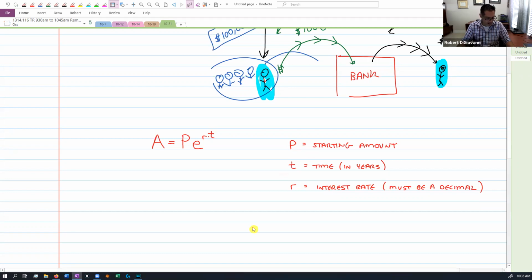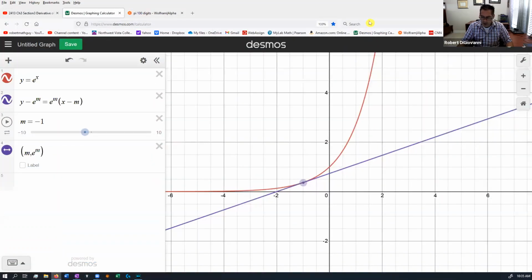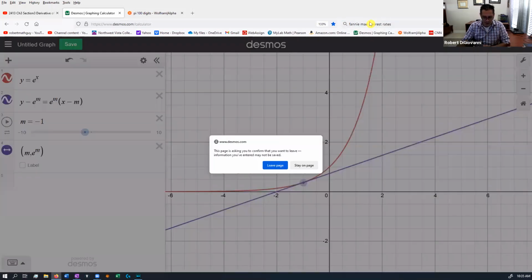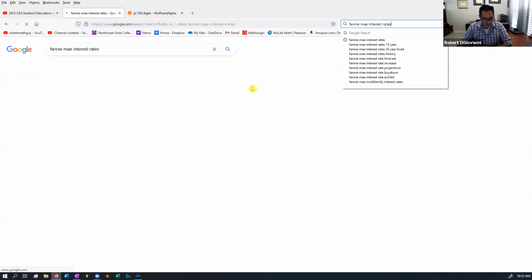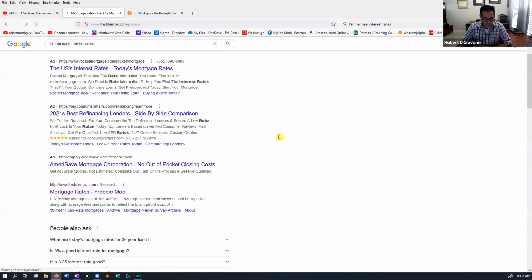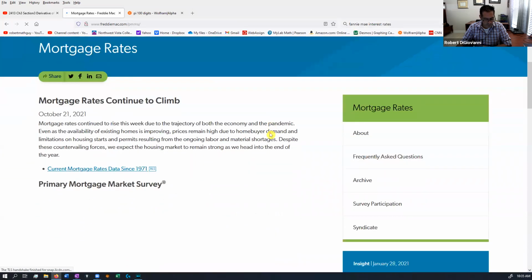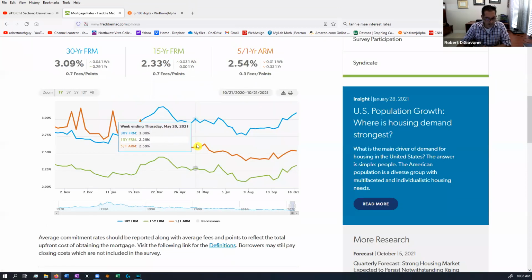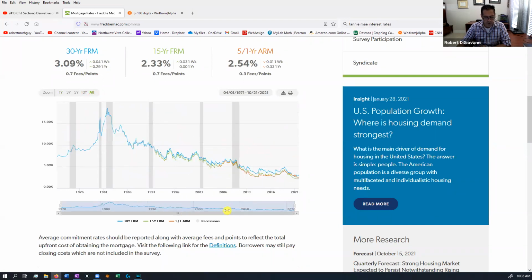If you look at, I like to go to, let's see, is it Fannie Mae? Fannie Mae interest rates. It's in my search history. We were thinking about, let me see if I can find. Well, mortgage rates are climbing. So here are the rates. Look at the blue one. You can see it's gone up. I want to look at all time. This is going back to